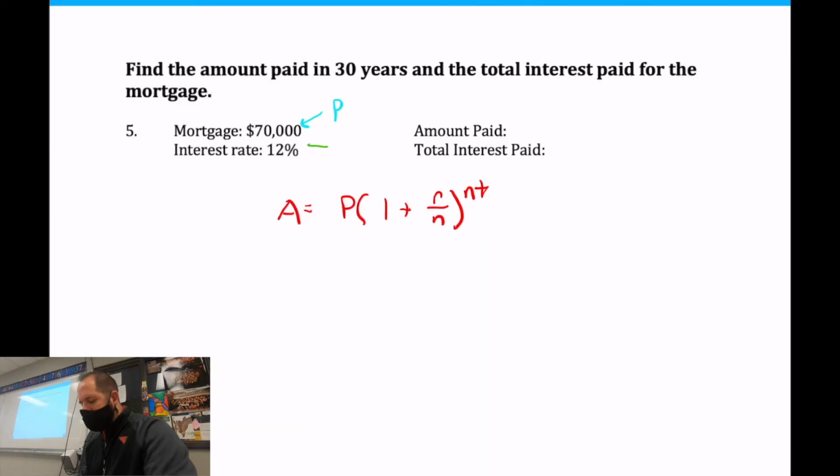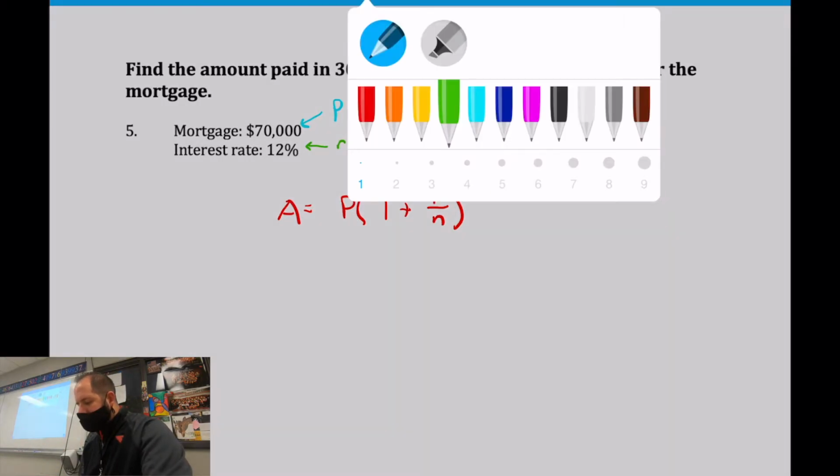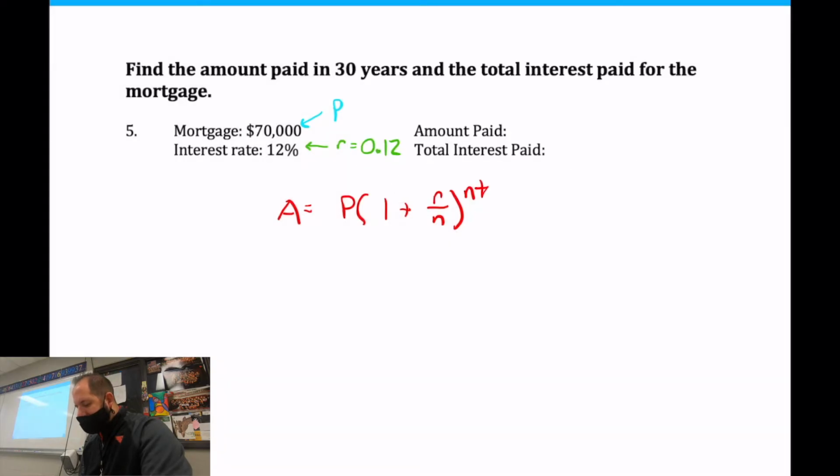That's my R. Now, I have to make that a decimal. So how do I make 12% a decimal? Yeah, exactly. 0.12, or divide by 100 like you said earlier. So move the decimal 2 spots over. That's really good. And then obviously the number of compounds, the n in this case, is going